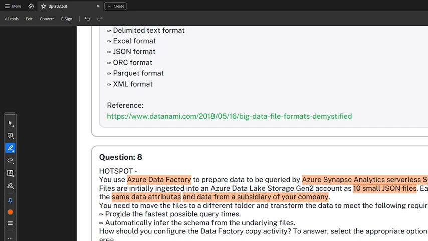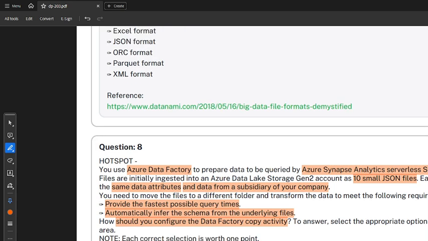Provide the fastest possible query times and automatic inference of the schema in the underlying files. How should Data Factory be configured? There are 10 small JSON files, and each file has the same data attributes and data from a different subsidiary of your company. They need the fastest query times and automatic schema inference. How should we configure the Data Factory copy activity? What is the answer? The answer is